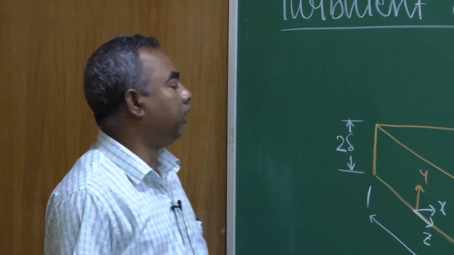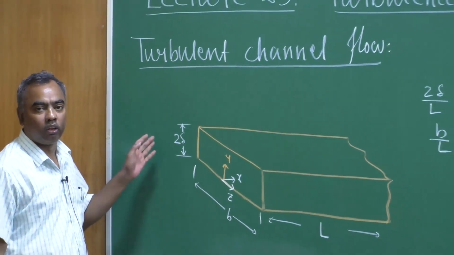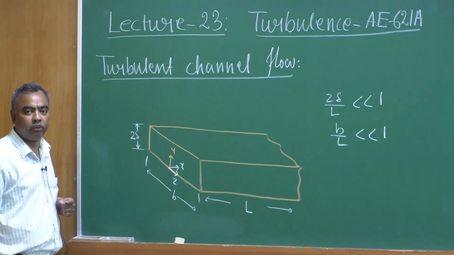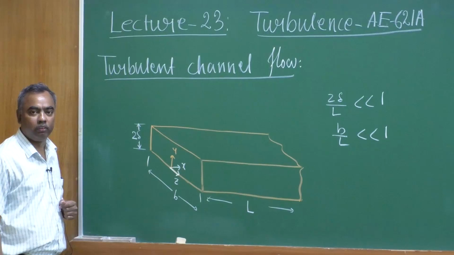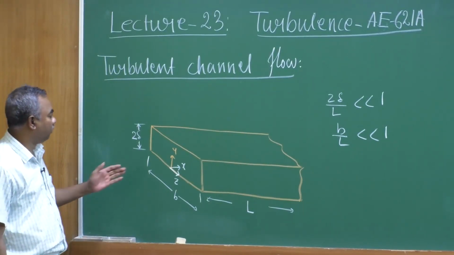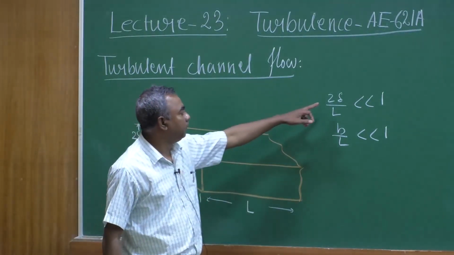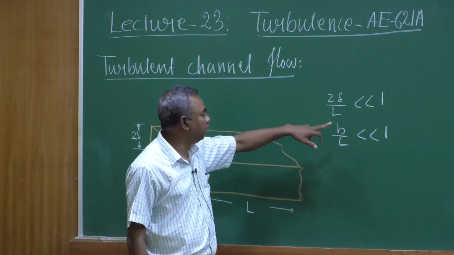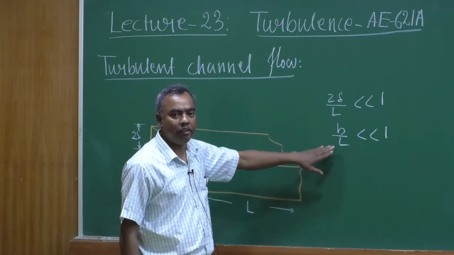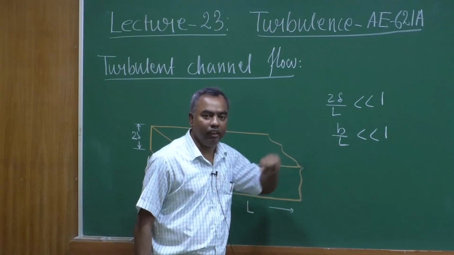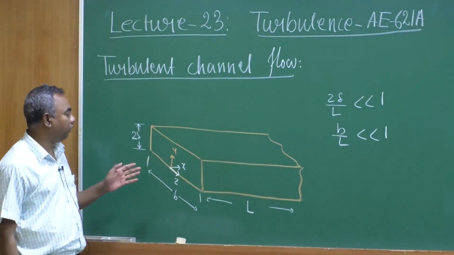So, in the last lecture we talked about turbulent channel flow, or wall bounded turbulent flow, and turbulent channel flow is one of such wall bounded turbulent flows. For turbulent channel flow we consider a channel for which the height of the channel, twice delta, divided by the length of the channel is much less than 1, and the width of the channel divided by the length of the channel is much less than 1. Okay. So, for these particular channels we started